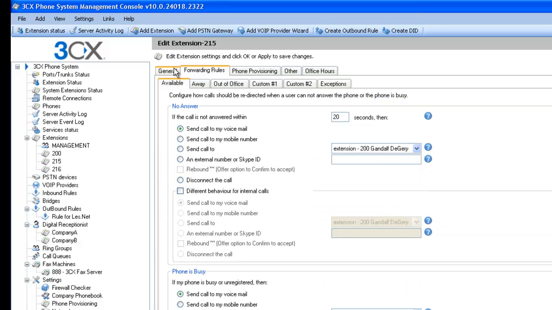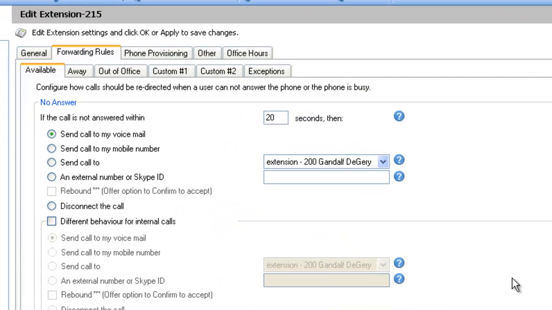Forwarding rules. I was really impressed with this because you see this on the big boy systems like ShoreTel and Cisco. But basically, these are call handling modes that say, when I'm available and I don't answer my phone, what should we do with the call? And there are some interesting options, like send it to voicemail, send it to my cell phone, send the caller to some other member of my team. You can even send it to a Skype number. There are just a variety of options here for when you don't answer,